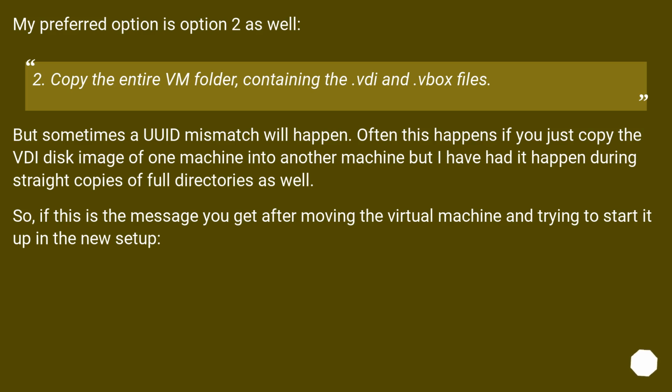My preferred option is option 2 as well. Copy the entire VM folder containing the VDI and VBox files. But sometimes a UUID mismatch will happen. Often this happens if you just copy the vdisk image of one machine into another machine, but I have had it happen during straight copies of full directories as well. So, if this is the message you get after moving the virtual machine and trying to start it up in the new setup,